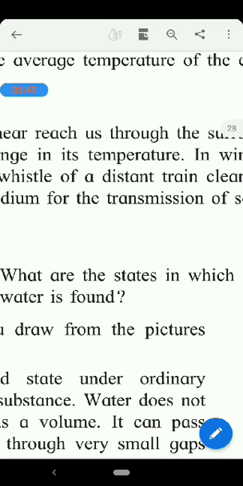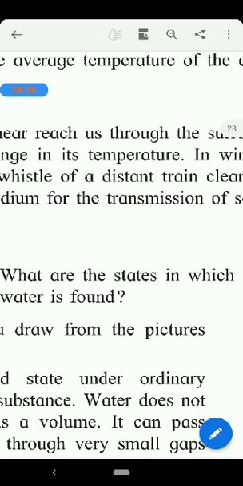In the ordinary case, water is found as a liquid. When it freezes, it will be a solid, ice is an example of it, and it is also present in a gas state. This means water is found in 3 states: liquid, solid, and gas. A liquid example is ordinary water which we use for drinking, a solid is ice, and a gas example is water vapor. Steam also you can take.